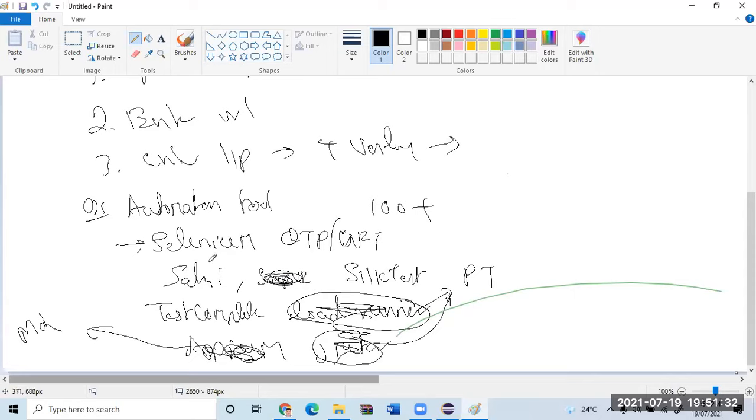Now, if you observe, there are many tools. Let me take a couple of them. For example, example number 1, Selenium. Example number 2, QTP. What is the difference between these two? Very, very simple. QTP is a commercial tool. Selenium is an open source tool. QTP or UFT, what type of tool is it? Commercial tool. Selenium is an open source tool.